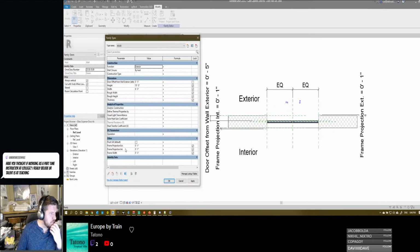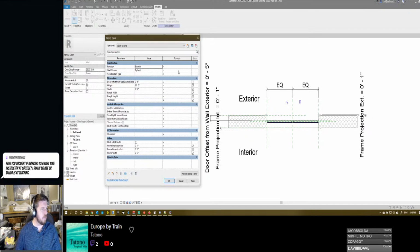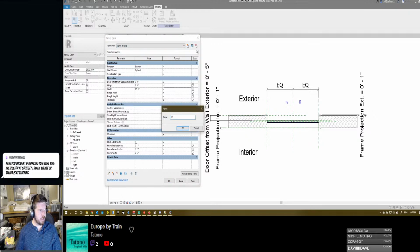Oh man, we have to associate type name. So in order for this to work, in order for me to make a 12080 3-foot panel, so the width is 12 foot, 8 foot, and then if we want a 12080 4-foot panel,